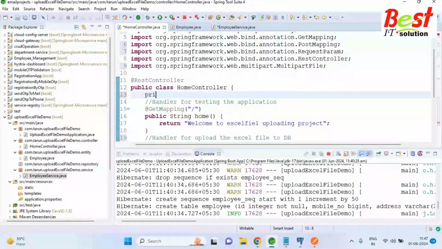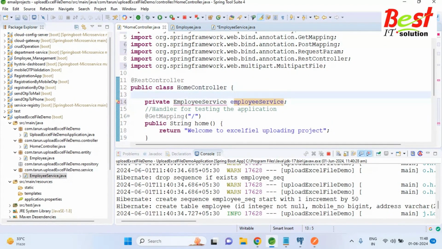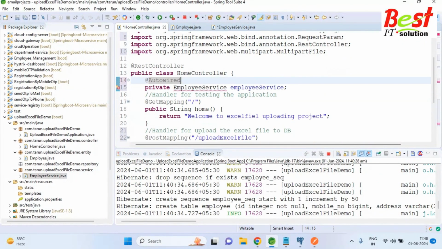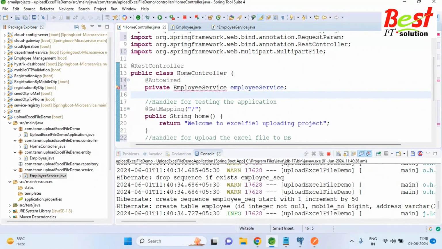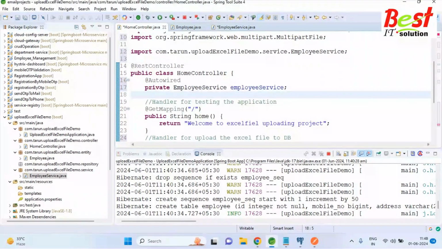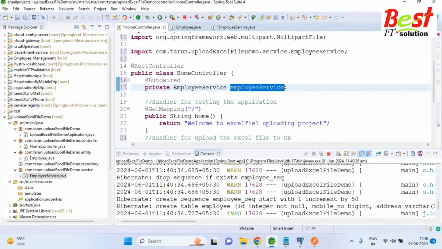So private employee service, and make it autowired. We need to import this employee service from the service package. Now with the help of this object,